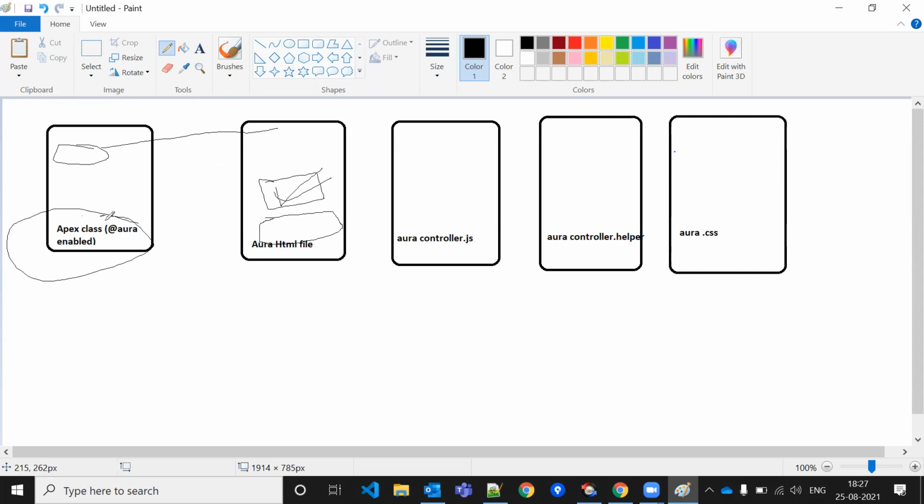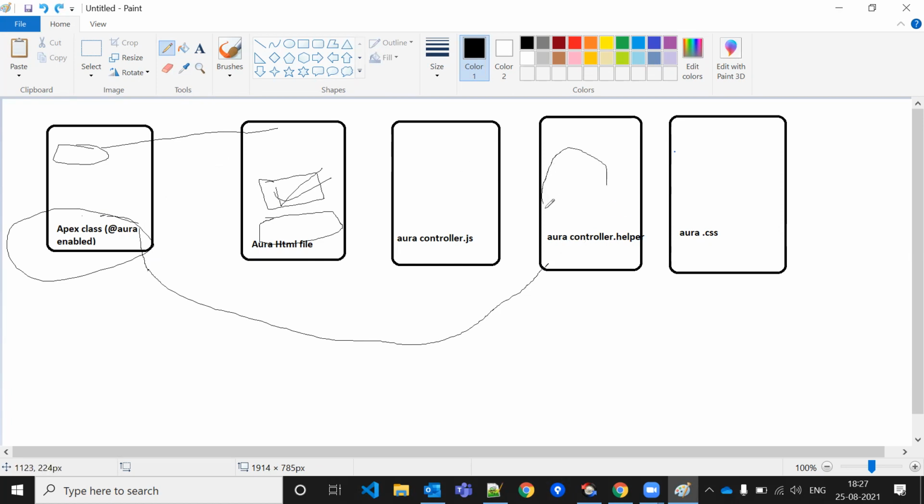So in case of Visual Force page, you can call the method directly on the button. But here you have to call this method in the helper class, and you will write the JavaScript logic here.